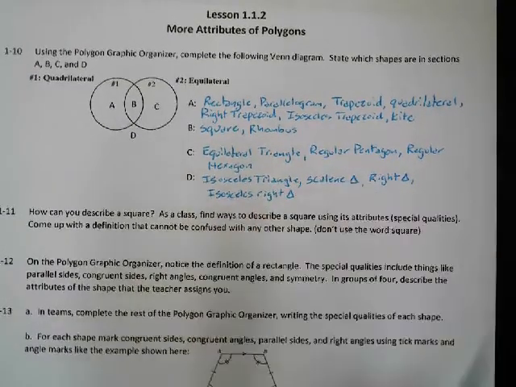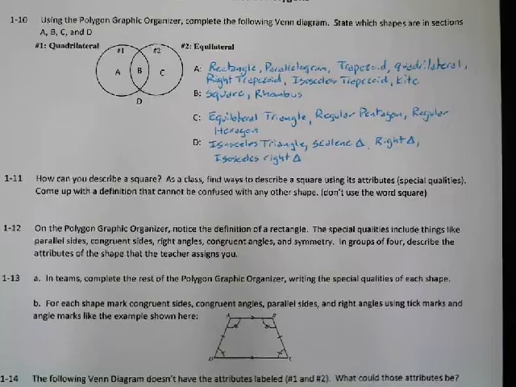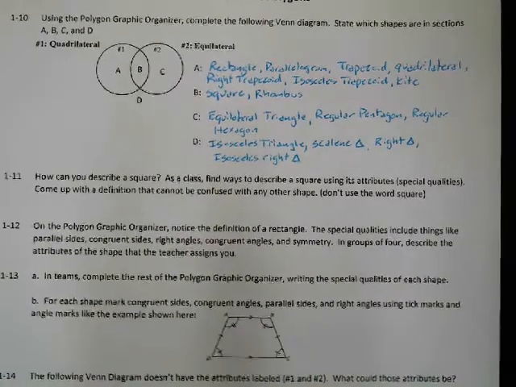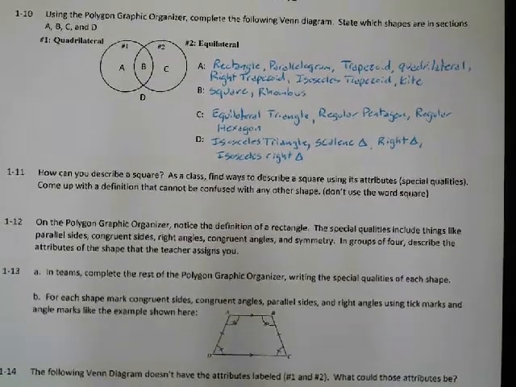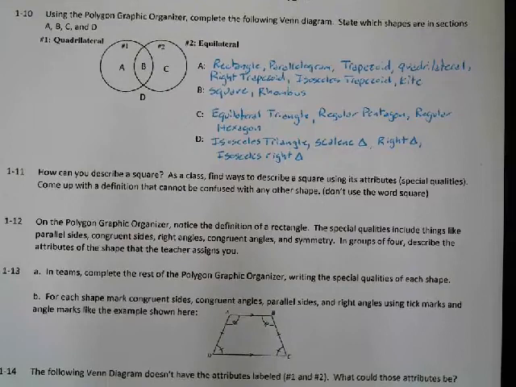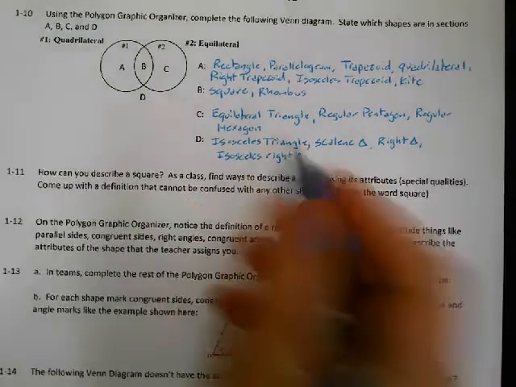Next one. How can we describe a square? And describe it in a way that it cannot be confused with any other shape. Okay, so the first thing I'm going to say about a square is that it's a parallelogram. Okay, so a square is a parallelogram. It has all of